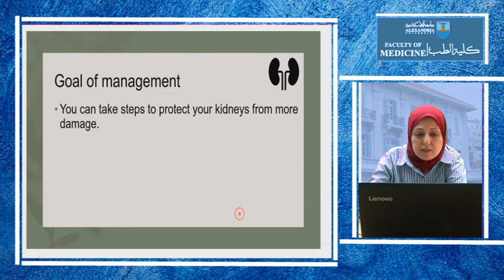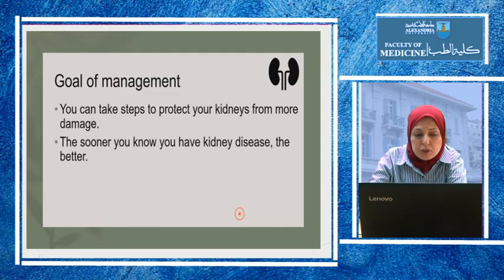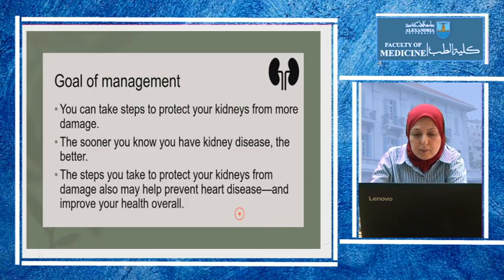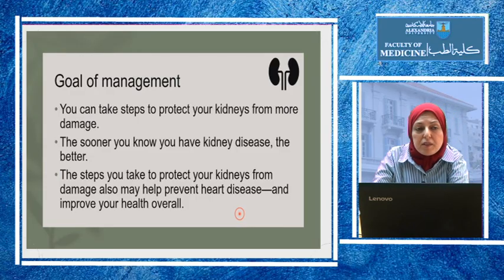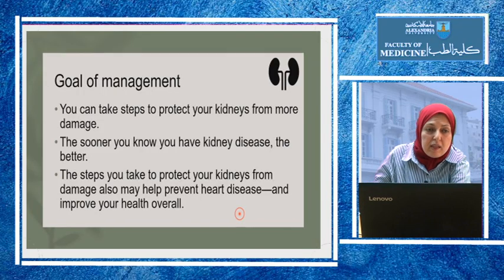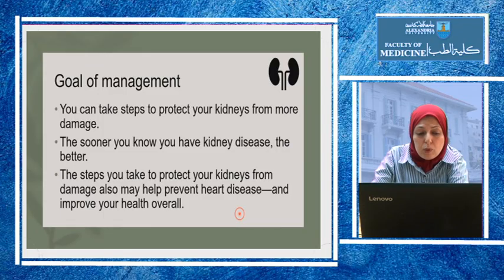Generally, the goal of treatment is to protect the kidneys from more damage, and the sooner we start, the better. That's why we have to screen to detect it as early as possible, in CKD3A or even in patients with albuminuria without a decrease in GFR. The better we can prevent it, and the better we can prolong the life of the kidney. Once the patient is in stage 5, even if we implement most of the preventive measures, the measures that delay progression are less likely to succeed, and all the measures we use may not give us enough results.